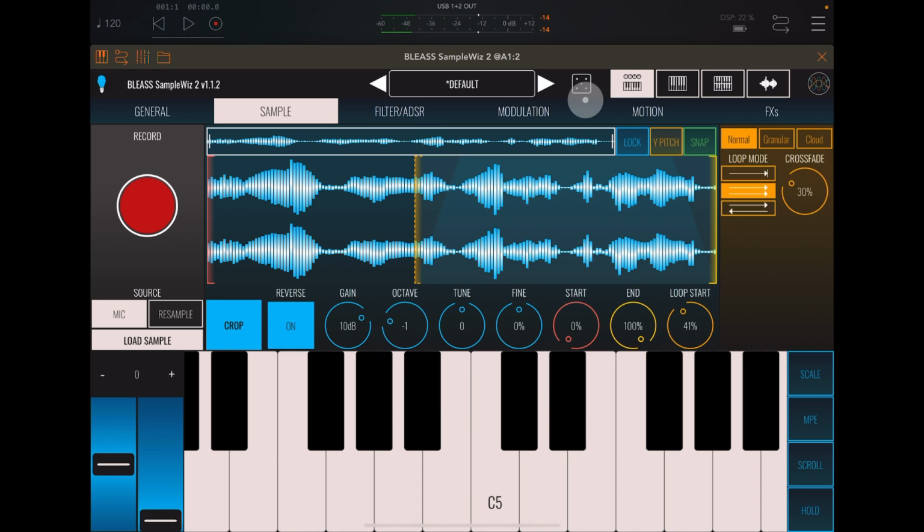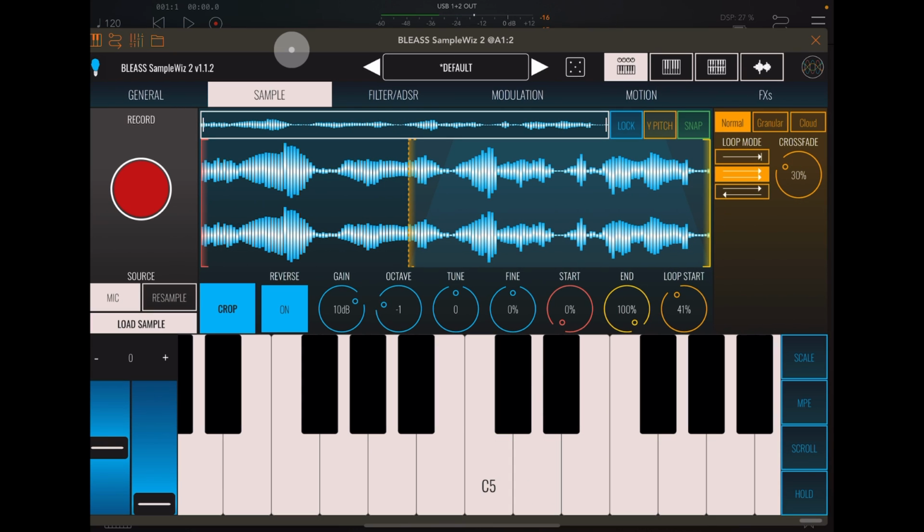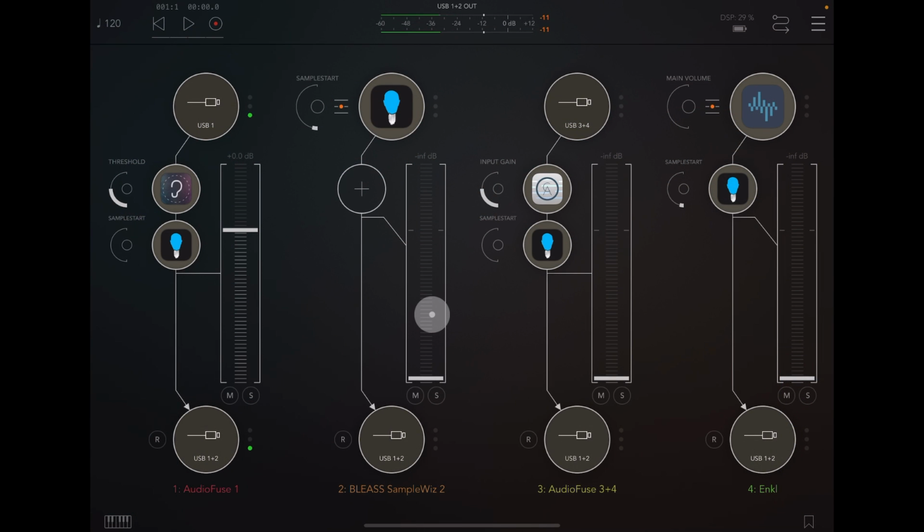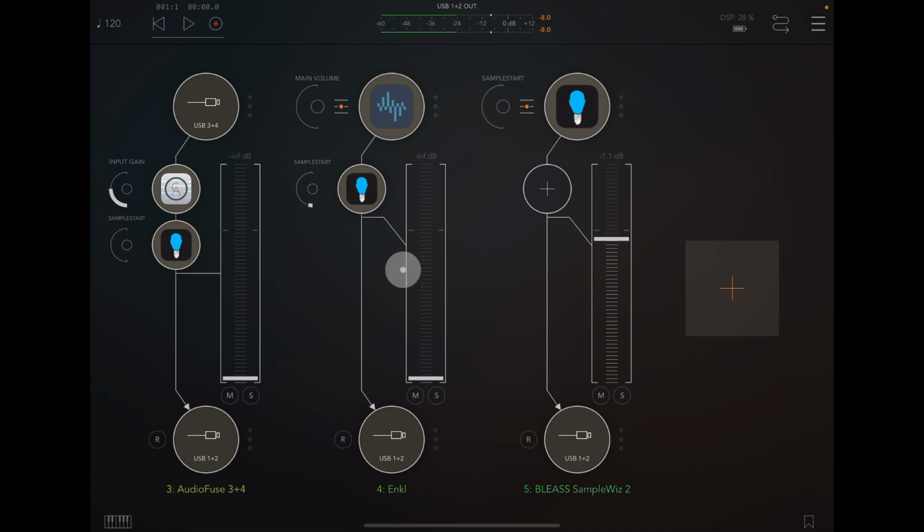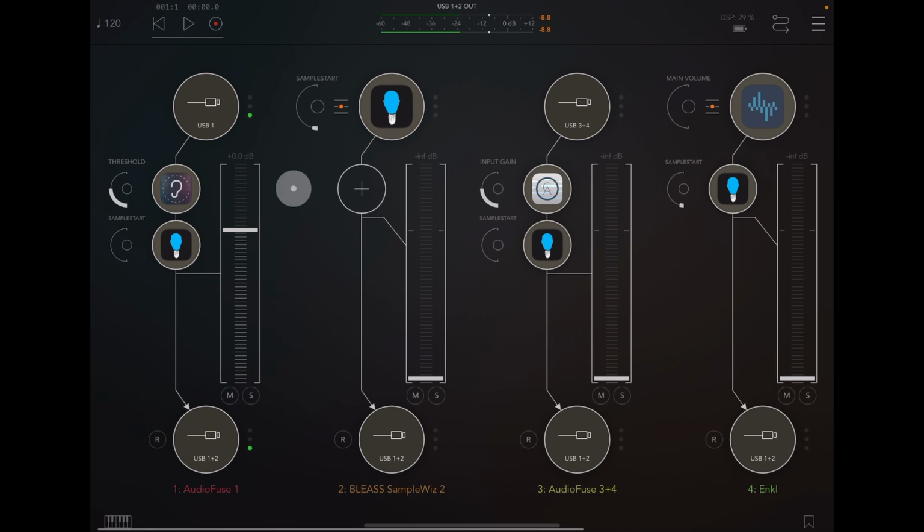That's cool. So there you go. I'm not running through any patches, but there are tons and tons of them. I'm going to do that probably another time. But yeah, so there's how you kind of sample in, recording via this, or sampling via loading samples, recording your voice in, or just playing the synth. And also how to save presets, and be careful you don't delete your own that you've already made like I